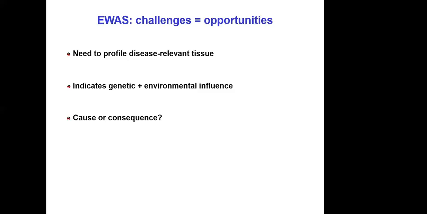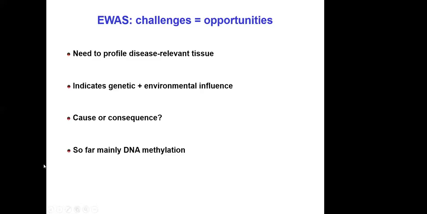And then the other difference between GWAS and EWAS is that if you have a genetic association with disease, it's hard to argue that the disease caused the DNA mutation. I mean, if it's cancer, sure. But if it's not cancer, then it's more likely that the DNA mutation caused the disease. But if you look at the epigenomic changes between disease and control, it's hard to disentangle. You can say it's because they had the disease that the epigenome changed. It's not like the epigenome caused the disease. So the interpretation is not immediately obvious for EWAS.